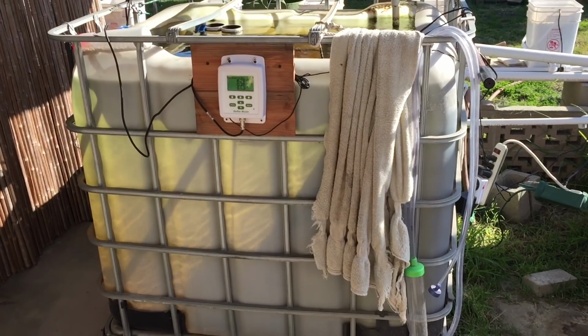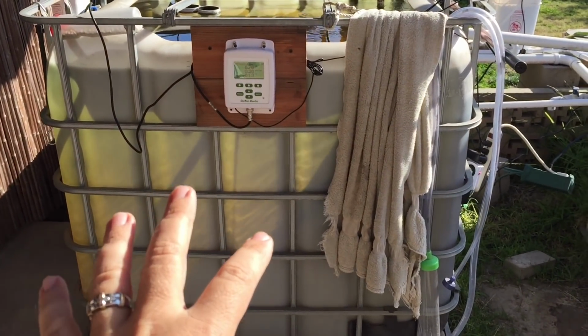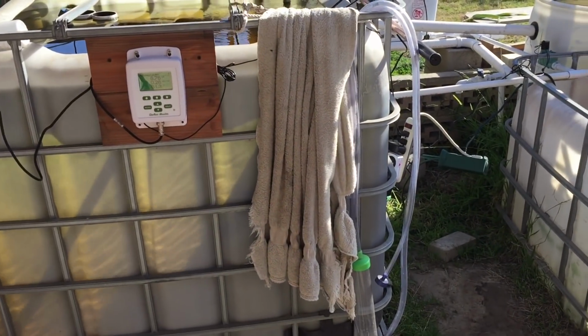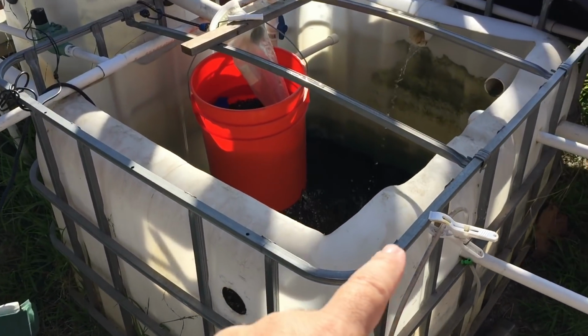All right, so let's get to it. This is the fish tank area of my aquaponic system, and that is a sump tank. There's a pump inside my